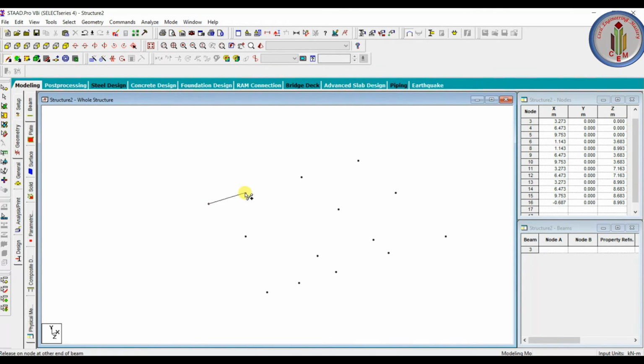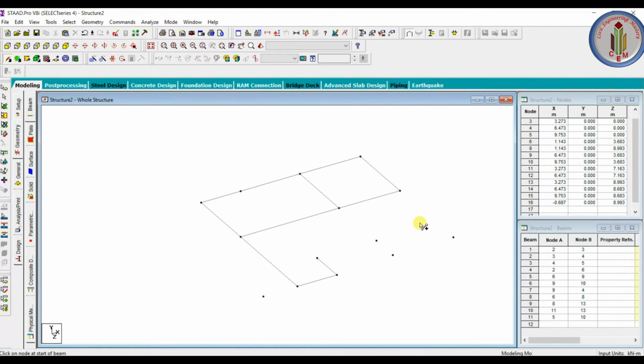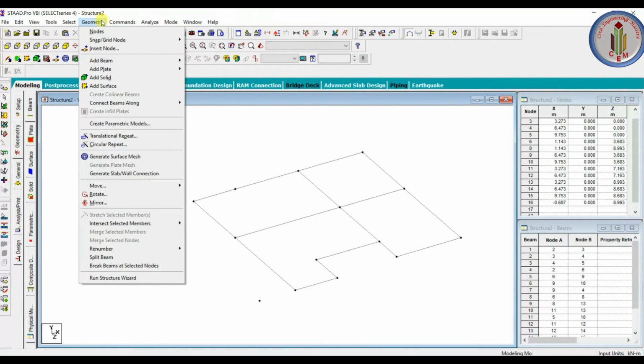Now let's draw the beam lines. So here we can draw T-beam.